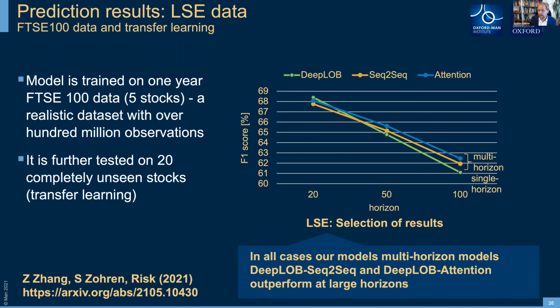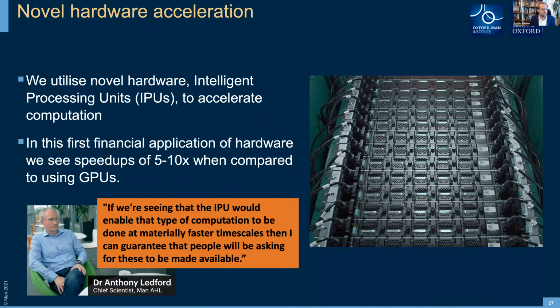This has to do with the fact that the features you're learning are somewhat universal, and that the data is properly normalized. All this normalization at the beginning, utilizing tick time, doing the Z-score normalization, but also on the output variables, predicting in tick time horizons, and having a running normalization on the thresholds, helps to normalize the data so it looks similar for similar stocks, and we can transfer those models over to different instruments. So that is for the prediction results.